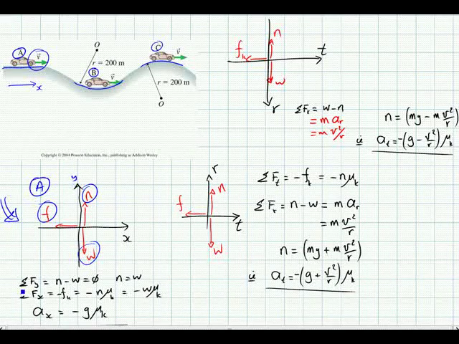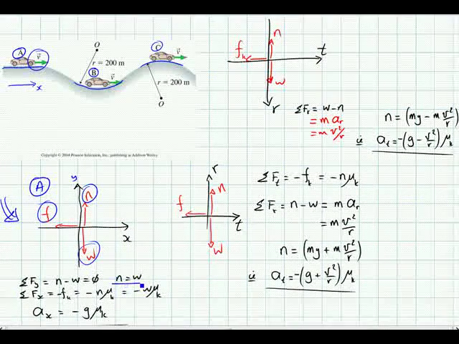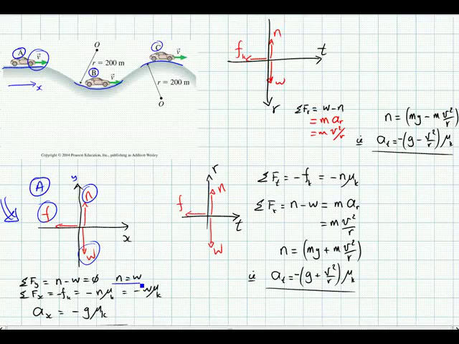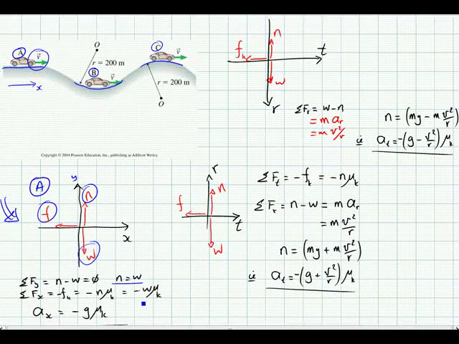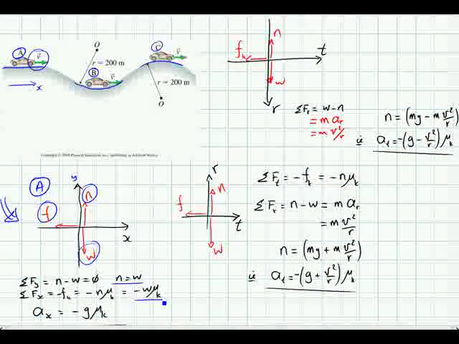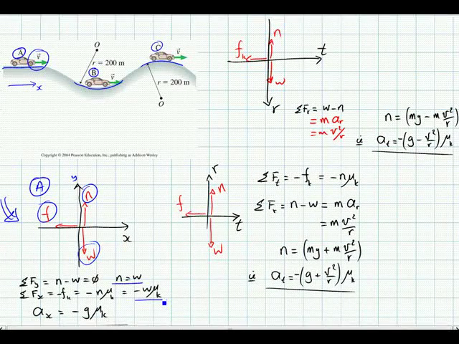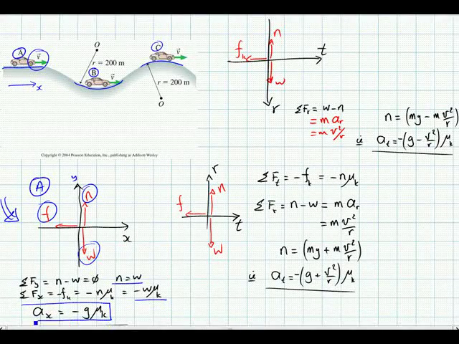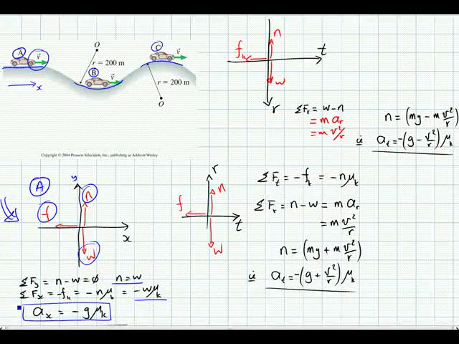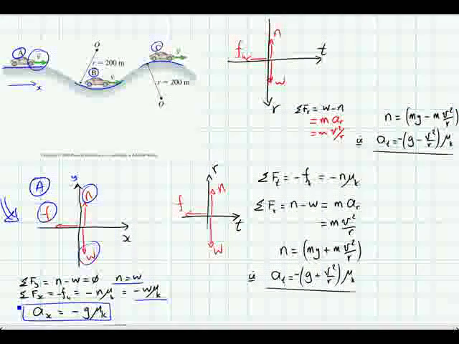So sum of the forces along the y gives you N is equal to W, which is mg, and sum of the forces along the x direction is equal to minus W mu k, where mu k is the coefficient of kinetic friction. So you can figure out ax, which is the acceleration in the x direction, which is equal to minus g mu k. That's using those two equations. Okay. Now